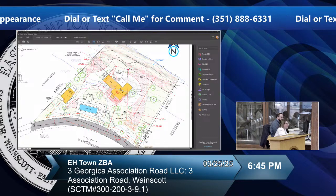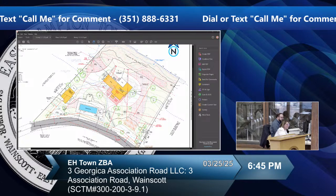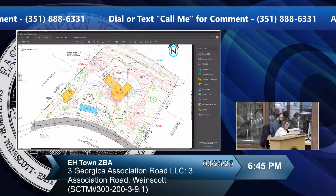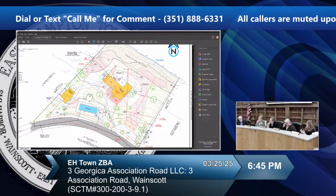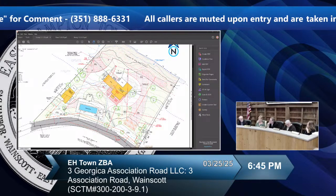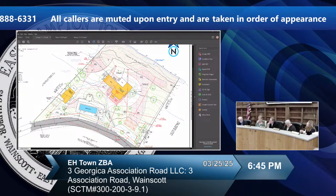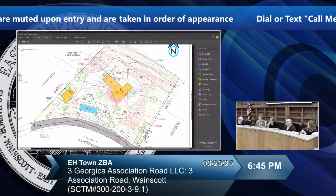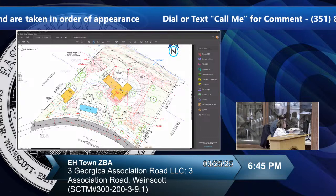I have another question about the clearing, if I may. So, needless to say, the 4,000 plus square feet of revegetation is an important step to get it closer to the HPOD maximum. But could you just talk about, was it not feasible, or is there an opportunity to bring it all the way into compliance? So here, I think what they wanted to do was keep some area of the property